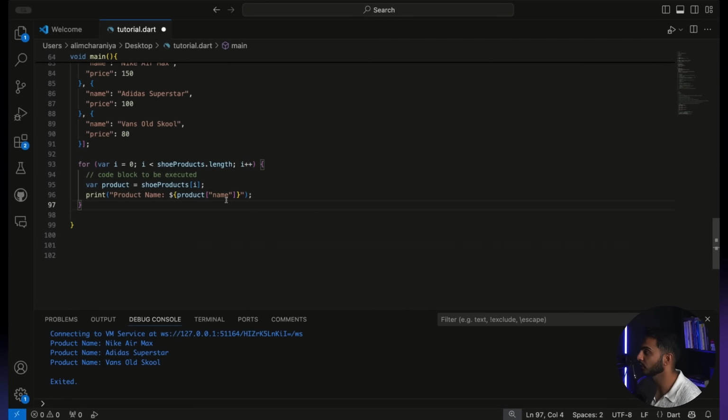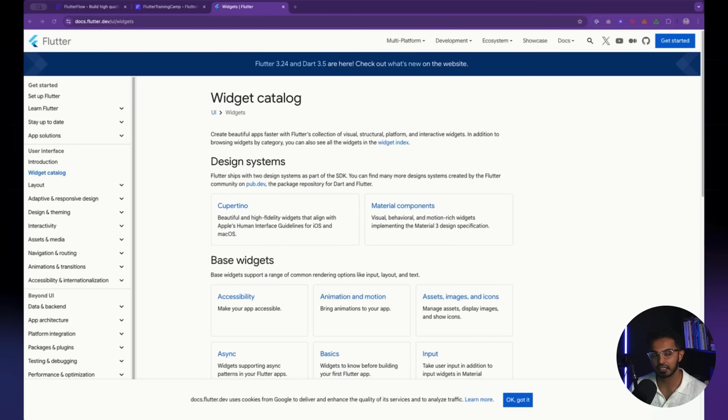Everything in Flutter is a widget. That's actually what Flutter is known for. Widgets are things that you see on a screen, like buttons, text fields, pieces of text, input fields, videos, images, and pretty much everything that you see on the screen of an application. Flutter prides itself on creating a library of widgets that allow you to build apps faster.